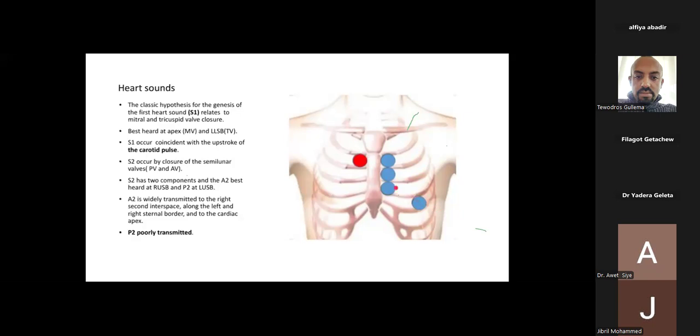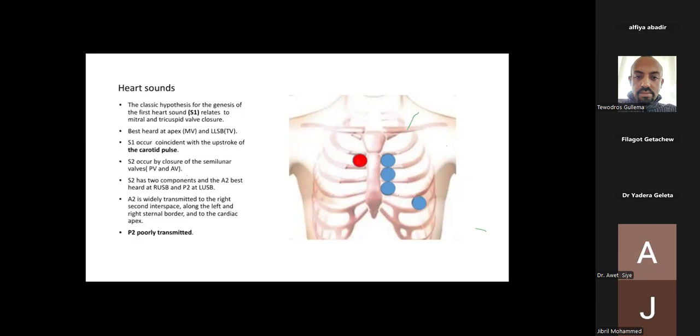The hand technique I showed you earlier is preferable; you will not miss anything. S1 is created by AV valve closure, as we said, and S2 by closure of the semilunar valve. Erb's point is a point at which, in some individuals, aortic pathology such as subaortic stenosis or AR might be detected. Otherwise it is a common area, especially in pediatrics. These are the 4 areas. And about application of the stethoscope, do not forget.